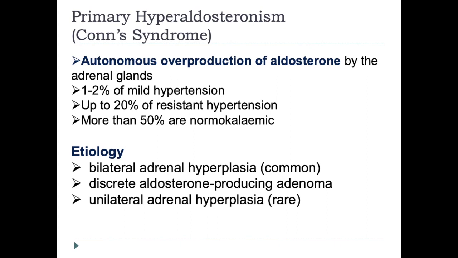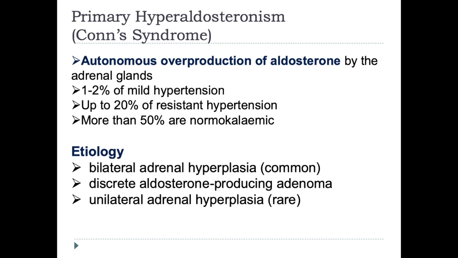Firstly, we have to differentiate types of tumors. It could be bilateral adrenal hyperplasia, as is most common. Also, it could be a discrete aldosterone-producing adenoma, or sometimes, in rare cases, unilateral adrenal hyperplasia. And different types could have different clinical manifestations. So some patients suffer from only hypertension, and it's usually mild hypertension, with systolic blood pressure usually 140 to 160, but up to 20% is characterized by resistant hypertension, and more than 50% of cases of Conn syndrome are associated with a normokalemic